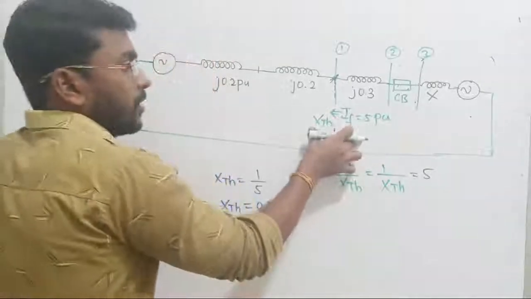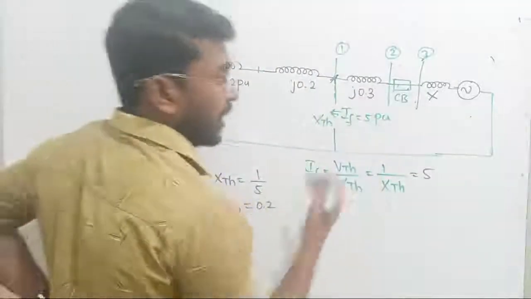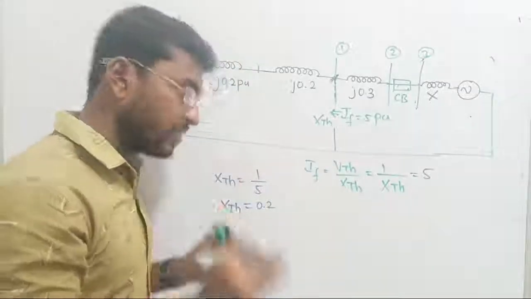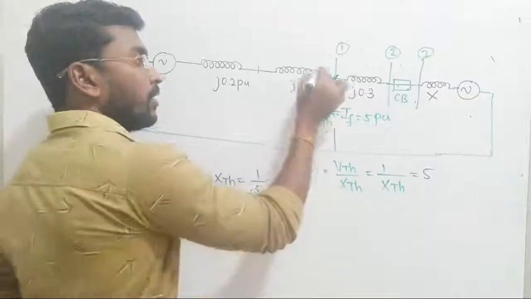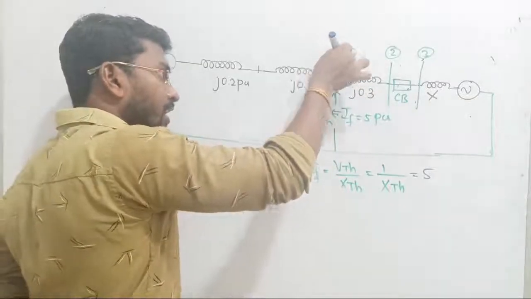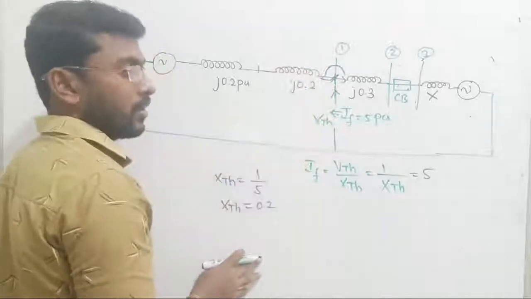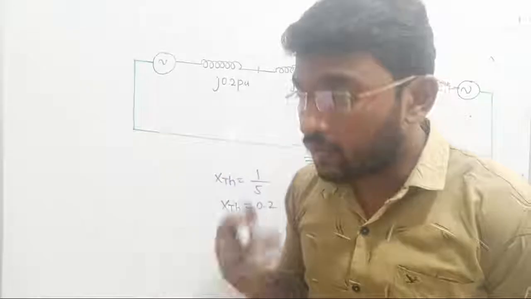If I estimate Xth here, see from here, this branch and this branch are both going to be connected in parallel. Yes or no, you have to accept these two branches. Because if I inject a current from here, the current divides into two at this junction, so these two branches must be in parallel. What is the procedure to calculate the value of Xth? Whenever we are looking for equivalent impedance, we have